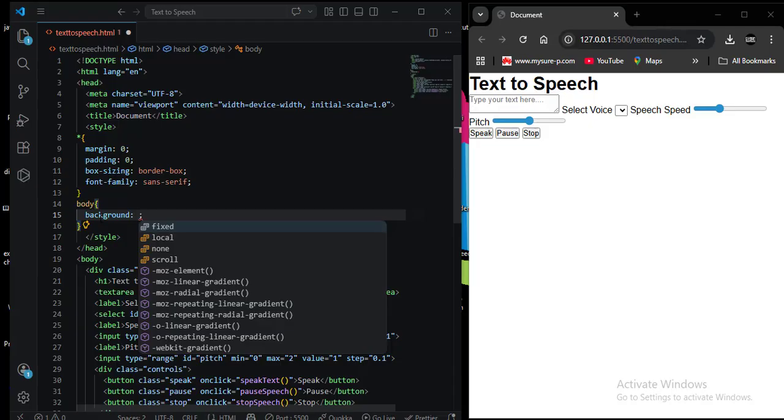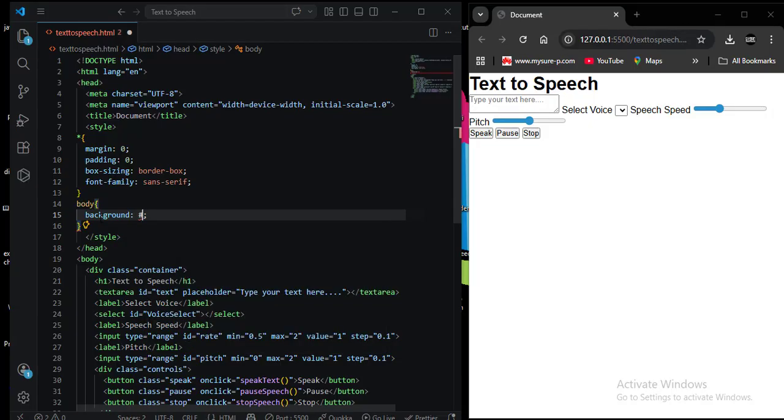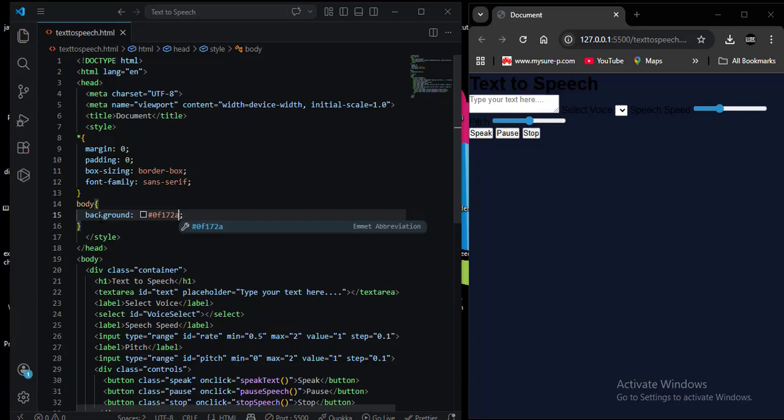I'm going to use hashtag 0f172a. Okay, let me save. Okay, so I'm going to change it to a blue color,